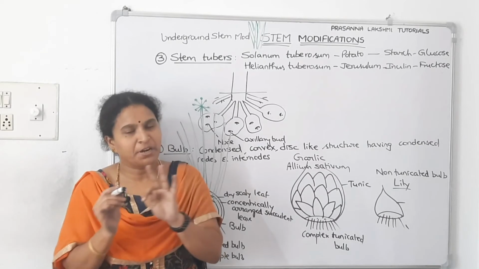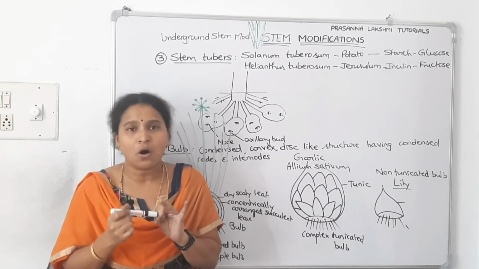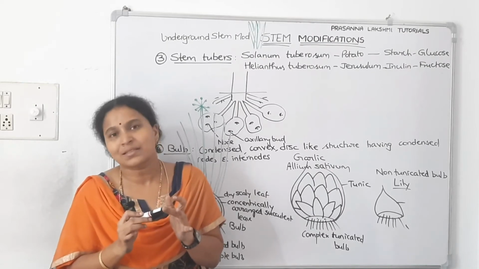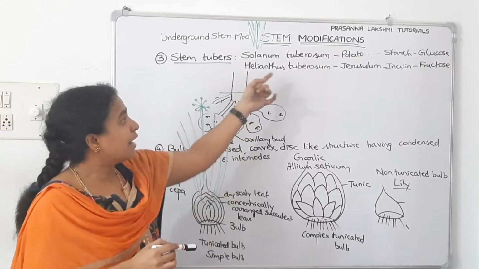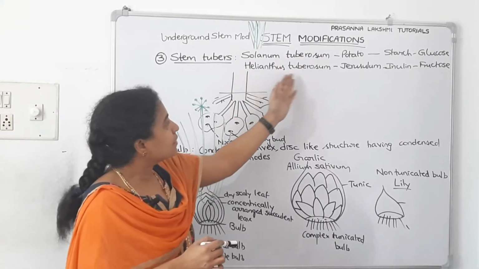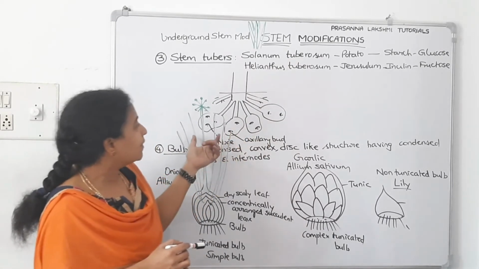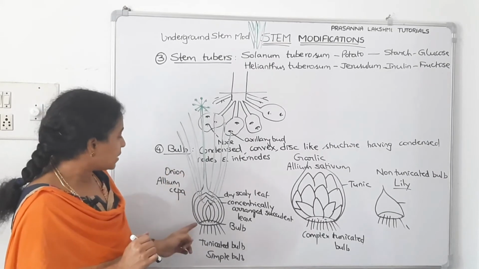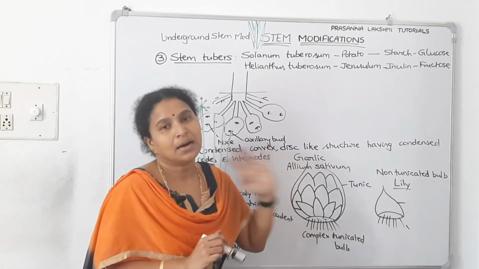First one is rhizome, it's a horizontal stem. Ginger and turmeric are the examples. Second one, corm. Corm, we have seen, is a vertical stem. Amorphophallus, colocasia, zamikand are the examples. The third one we have seen is stem tuber, potato. Helianthus tuberosus and Solanum tuberosum are the examples. The tips will swell and they are irregular. The fourth example we discussed is bulb, this condensed disc-like structure. Onion, garlic, lily are the examples.